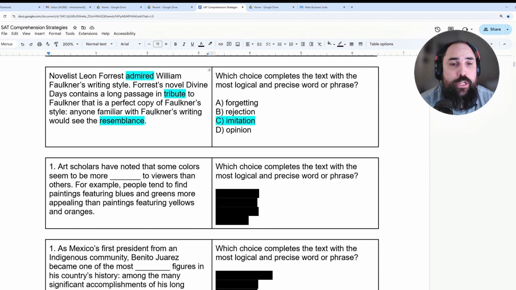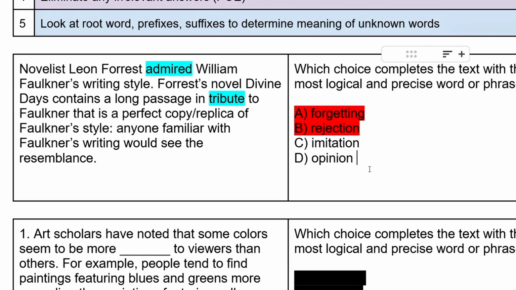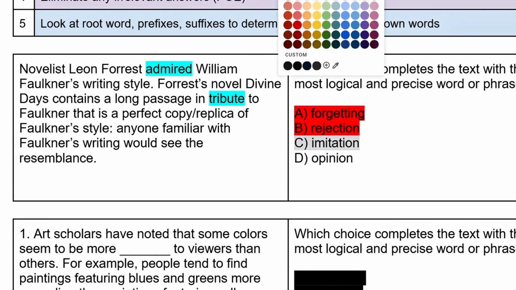As a last resort, you can also use connotation. Now, given the context clues we've already highlighted, such as admired or tribute, I think it's fair to say that the connotation of this passage is positive. With that said, we can eliminate answers A and B, both of which are resoundingly negative, leaving us with just C and D. While both of these might seem to have more of a neutral connotation, it at least gives us a coin flip chance and leads us closer in the direction of choosing our correct answer of answer C.